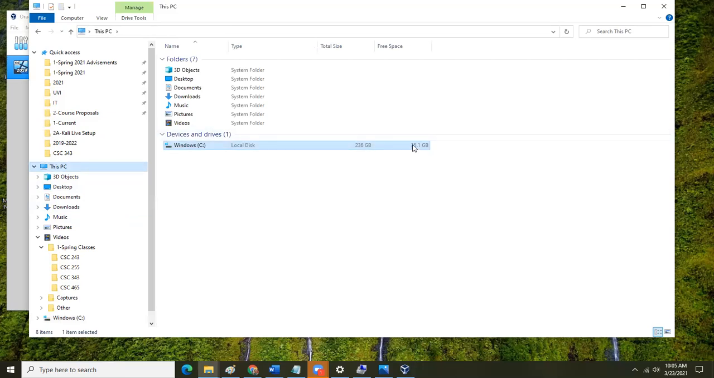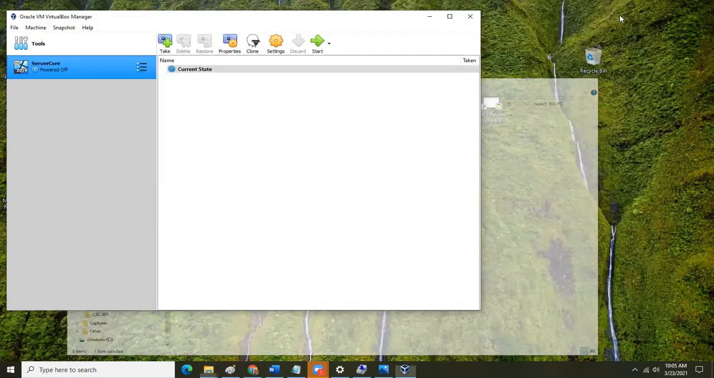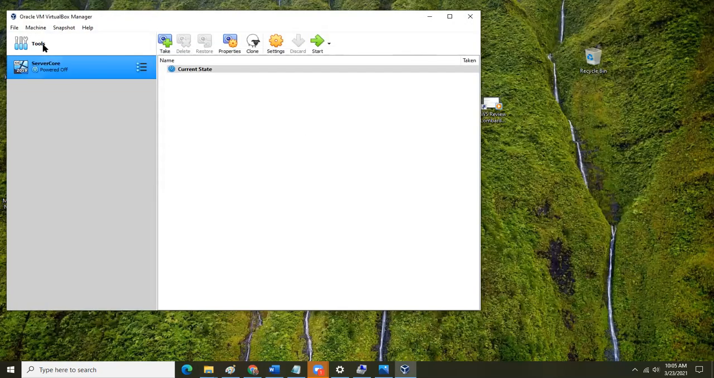Okay, so if you're running low on hard drive space, you're better off going the USB route. But if you have plenty of hard drive space and you just don't want to get the USB, then that's cool too. What you're going to do is create a new machine, but instead of using,